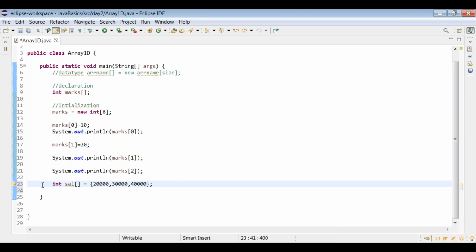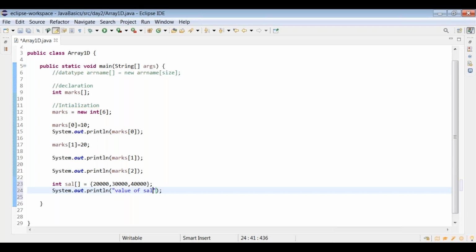If we know the values when you declare an array, you just declare the array like this, put it in curly braces, and just add the values. Now, suppose you would like to print 40,000, so we can say System.out.println, the value of salary stored at index 2 is sal of,